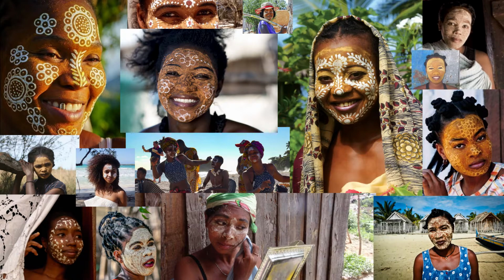The women of Madagascar take pride in putting on their beauty masks, and that's not the only art the Malagasy women are known for producing, which leads us to...